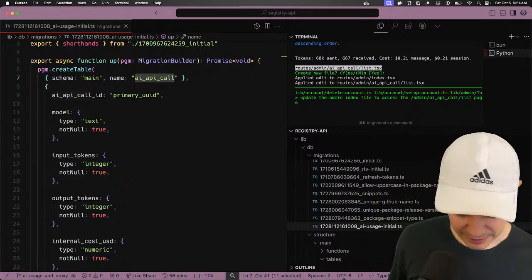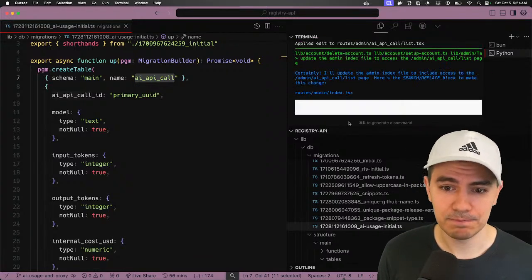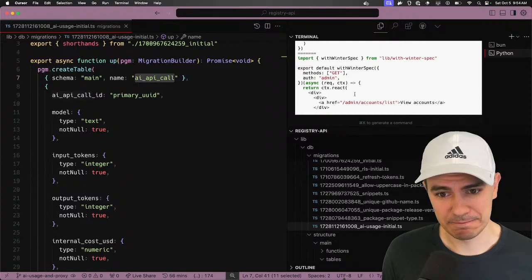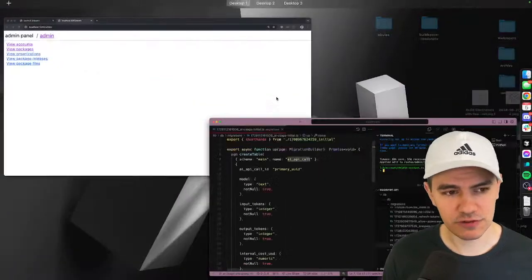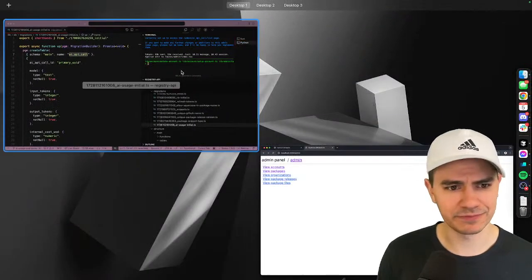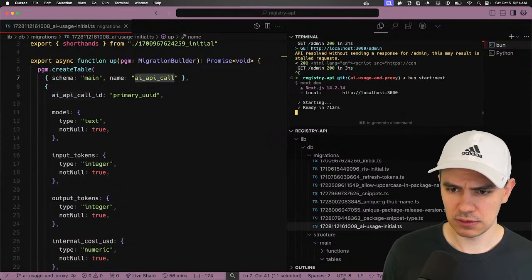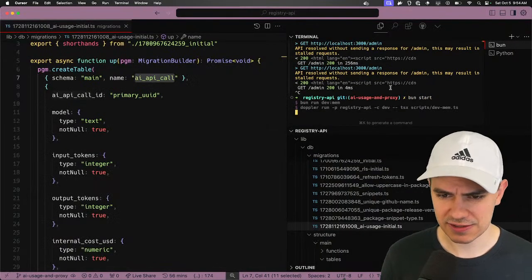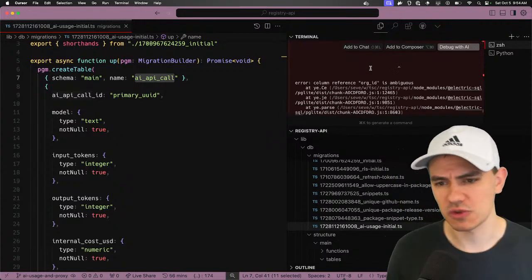For a lot of backend projects, the structure is so standard that AI is able to contribute. So I'm mostly just waiting on AI. I don't even really need to check its work, it's just going to do it. I'll stand here being a PM for a while. It's funny, because normally I would file these issues. I don't know, maybe auto refresh is broken. Let's see. Oh, this is interesting. Let's try starting it without Next and see what happens. Oh, there's tons of issues. Column reference org ID is ambiguous.